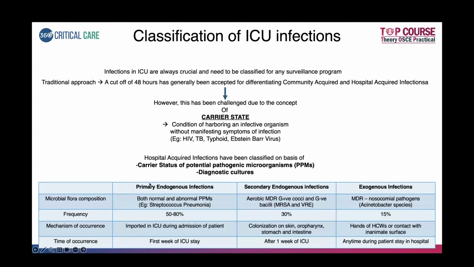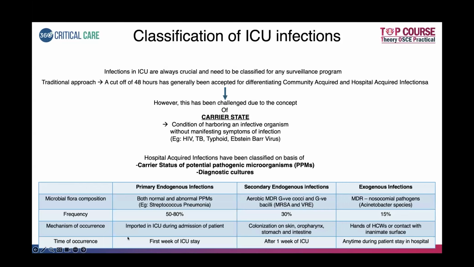So primary endogenous infections are usually the commonest with a frequency of 50 to 80%, whereas secondary endogenous infections contribute to 30% and exogenous infections contribute to 15%. So the mechanism of occurrence of primary endogenous infections is by imported infections in the ICU during admission of the patient. Whereas secondary endogenous infections are colonization on skin, oropharynx, stomach, and intestine. Exogenous infections is hand of healthcare workers or contact with inanimate